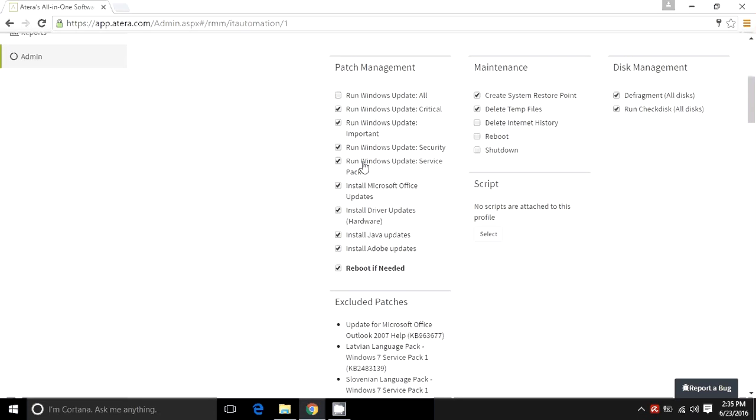As a matter of fact, XP had 3. I believe Windows 7 had 2. I'm not too sure. Windows 10, I think they had the first one recently. So Windows 10 is fairly new, so they wouldn't have any such service packs, right? So